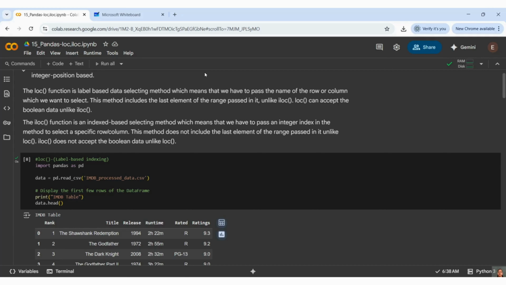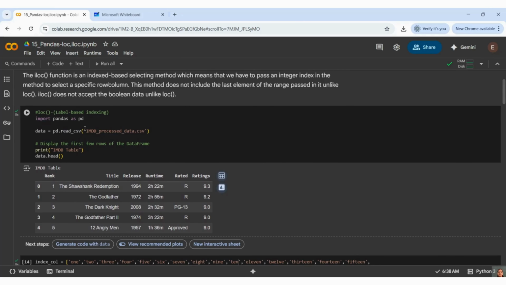This method can also accept boolean data, like a condition inside it. Whereas iloc is not the same thing. iloc does integer based indexing, and it does not accept boolean data, which is boolean indexing, like loc does.